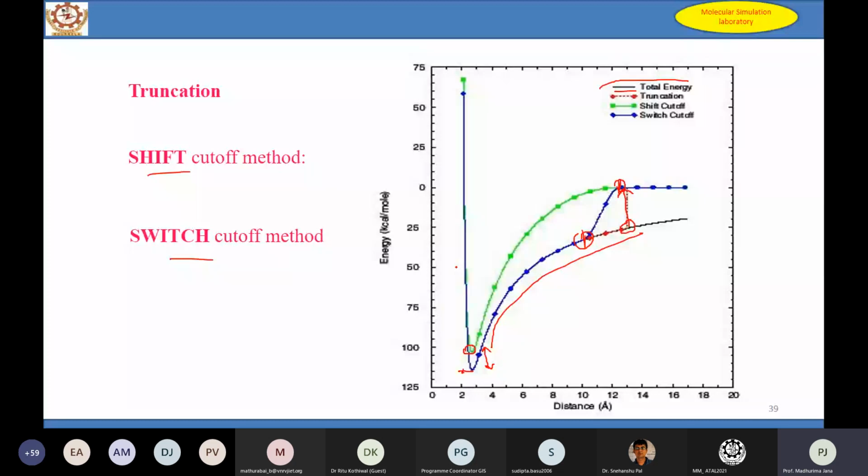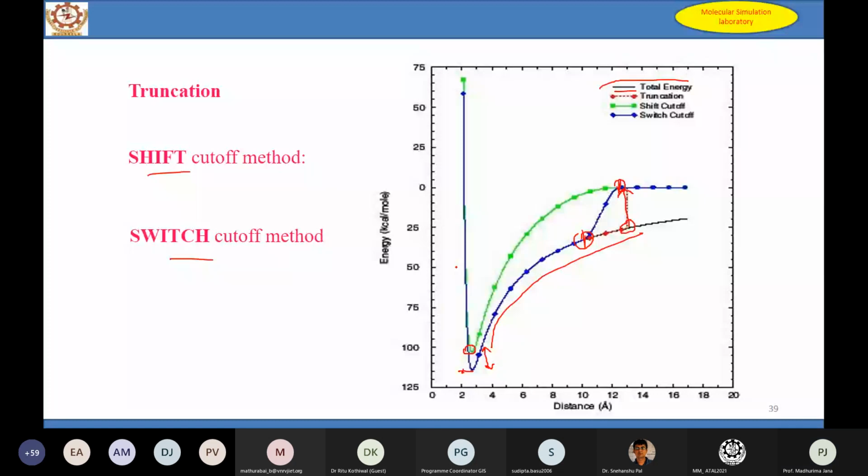Okay, so now in the simulation you have to select some options, and when you are selecting an option you have to keep in mind how your system's energy is going to change with the method. So choosing the method is very, very important. You have to at least read the manuals to see which method will be appropriate for your system. Otherwise, the simulation will be running and you will be getting results, but those results may not match your experiment or your expectation, due to some small error in choosing the method.